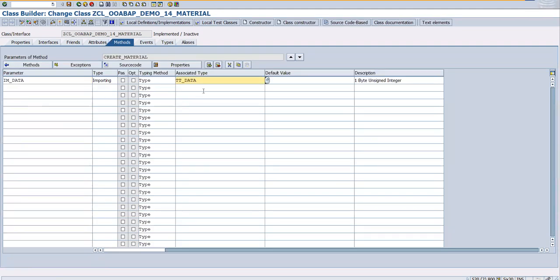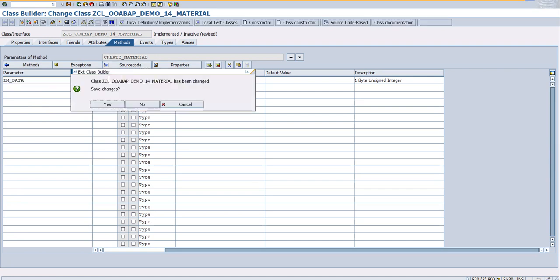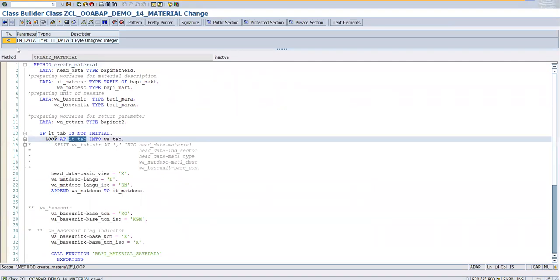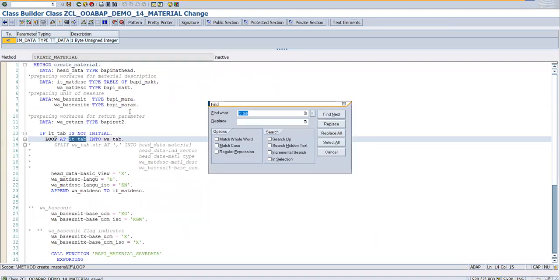This is now correct. So this is what you are getting, IM underscore data. From the program you will get this data, and now this IM underscore data you are going to put wherever you have the IT underscore tab. You are going to replace it with IM underscore data. So come here and replace with IM underscore